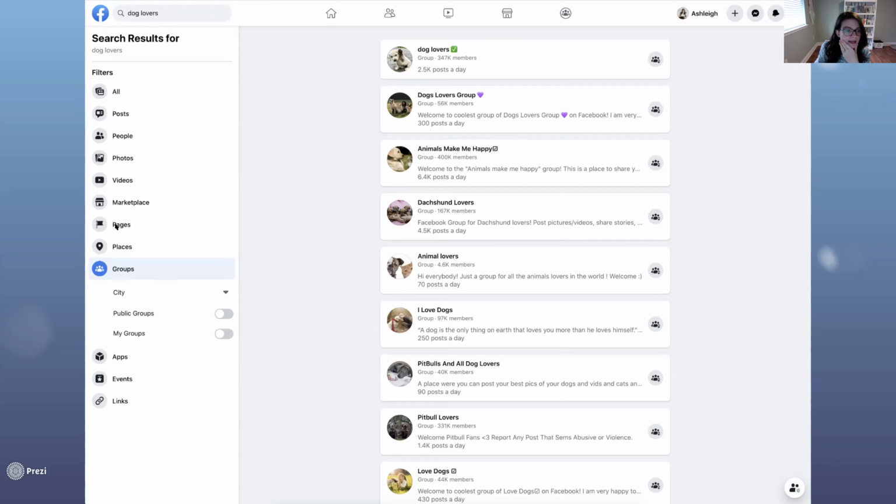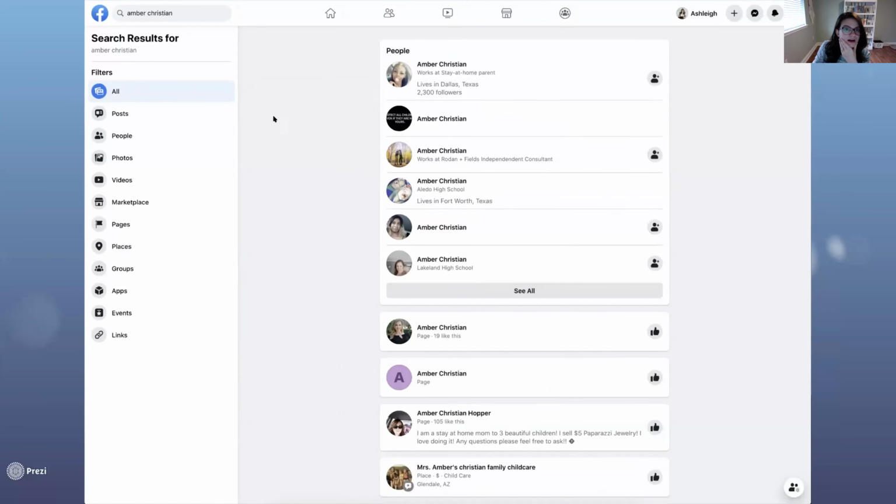So you can also choose pages. You can choose certain people. So in the next slide, we have my friend, let's say her name is Amber, and I want to add her on Facebook. So I put Amber in here. I left the filter on all. So you can see there's a page named Amber, a page named Amber, a page, and then these are people. But I don't want to like a page. I want to friend my friend Amber. So I'm just going to select people, and the only thing that's going to come up are personal Facebook profiles. So that's just a very quick way on how to use the search filters to get exactly what you're looking for.